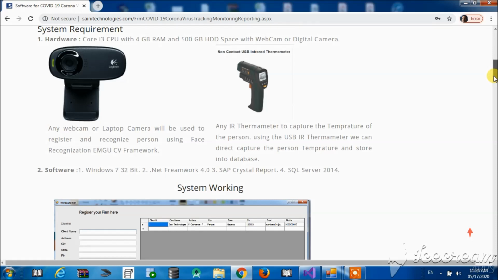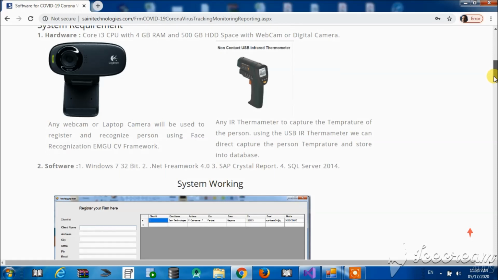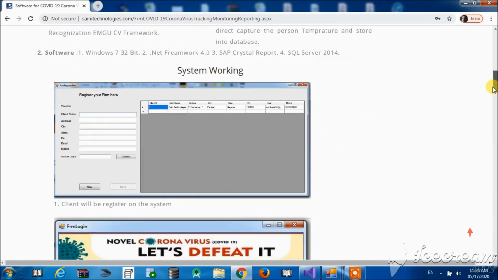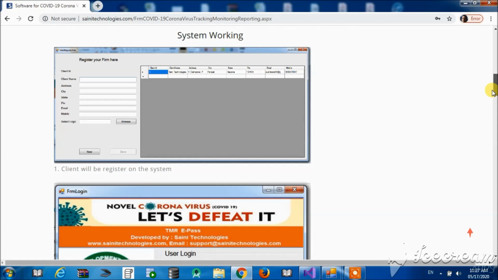These two hardware items are extra requirements for the system. And the software for which it is developed is Windows 7 32-bit, .NET framework. I am using SAP Crystal Reports and SQL Server 2014.